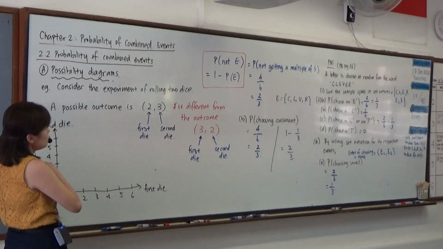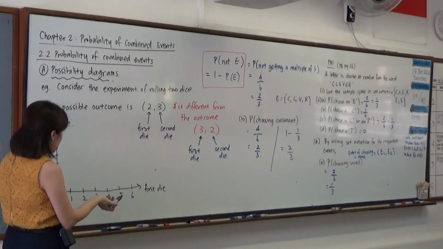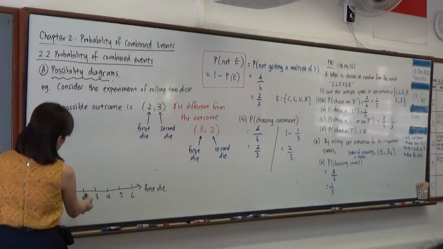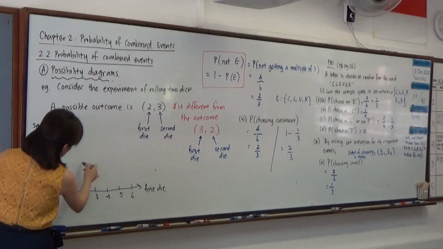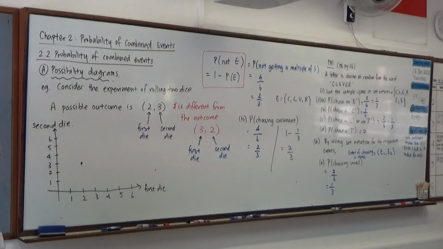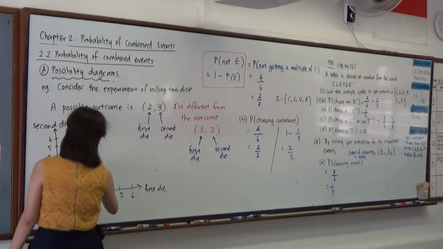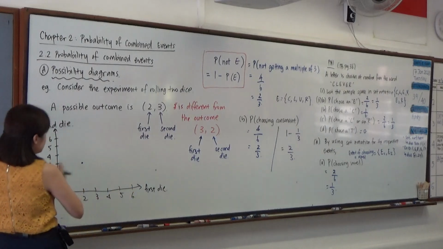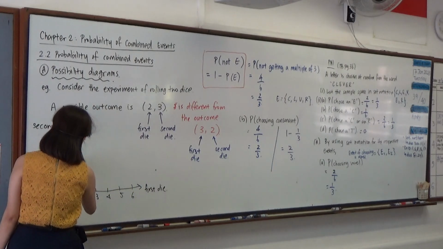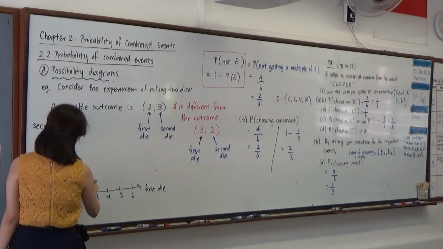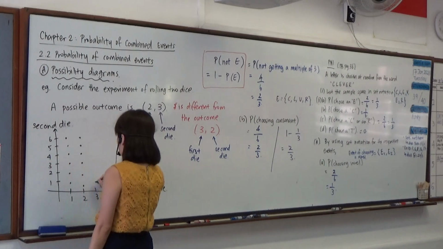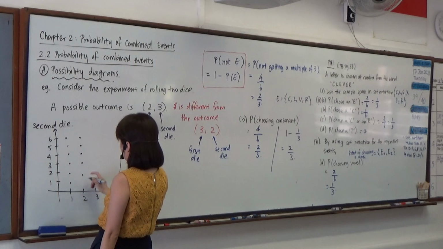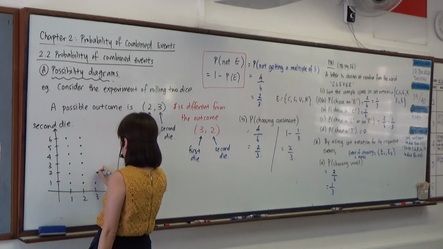So to represent one of the outcomes, let's say 2, 3. It's possible to have the first die show 2 and then 3 over here. We will use a dot to represent it as a possible outcome in this experiment. So the entire possibility diagram for this question is just a total of 36 dots. That's why I don't suggest that you draw it too neatly. Get the idea, that will do for your notes.